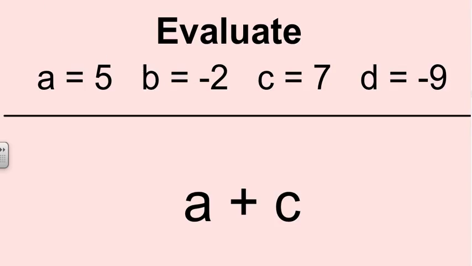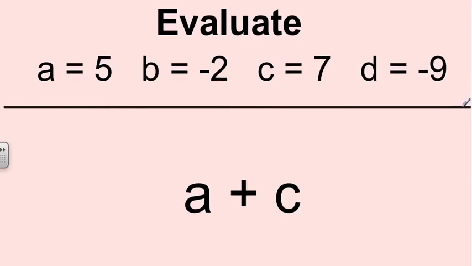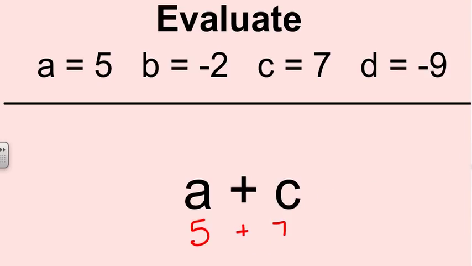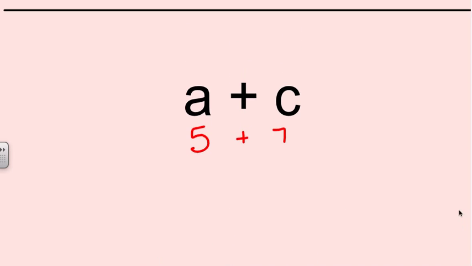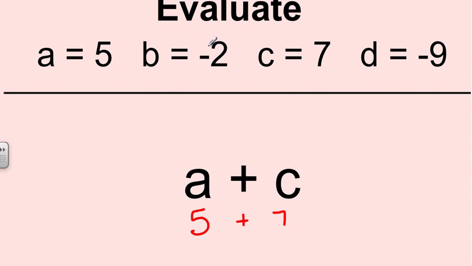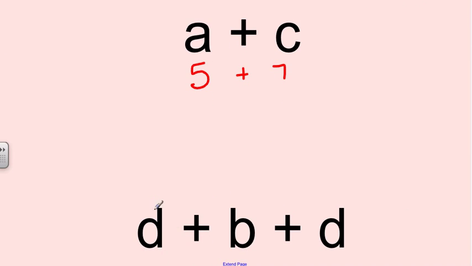Go ahead, hit pause, and see if you can solve this one. Hopefully you were able to notice that I have to replace this A with a 5, replace this C with a 7, and just add. 5 plus 7 is 12. D, B, D. B is -2. D is -9. So this would be